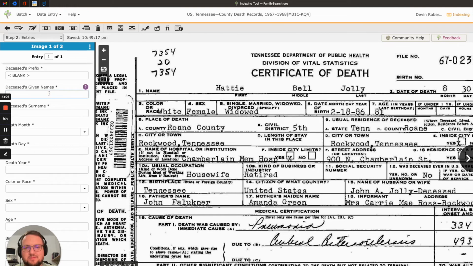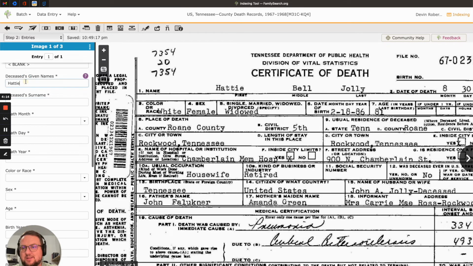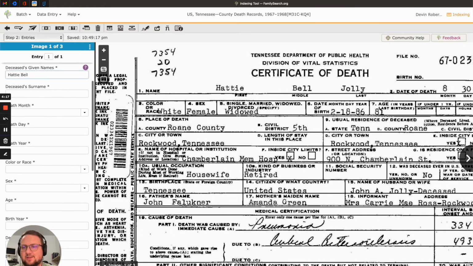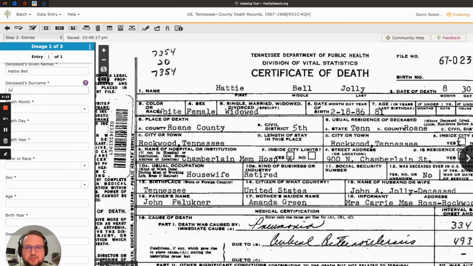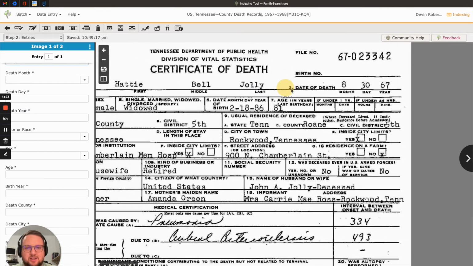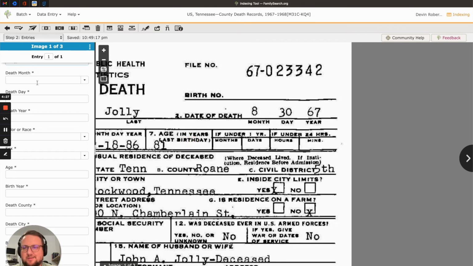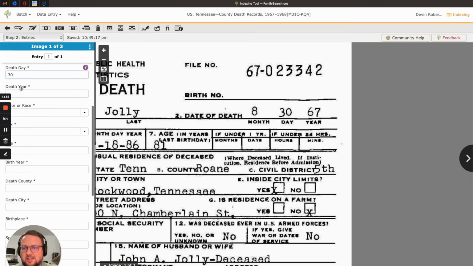Okay, so deceased given name. So it's Hattie, and then the surname, actually for given names it's their first and middle. So Hattie Bell, and then the last name is Jolly. Death month. So you just click and drag around, zoom in and out, and then you get the hang of it pretty quickly. So the 8th month, which is August 30th, and then